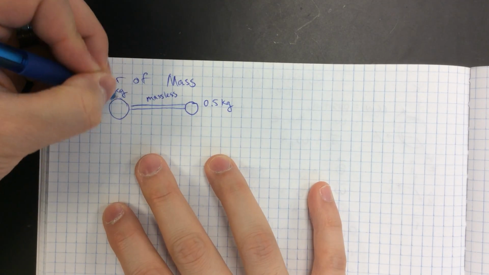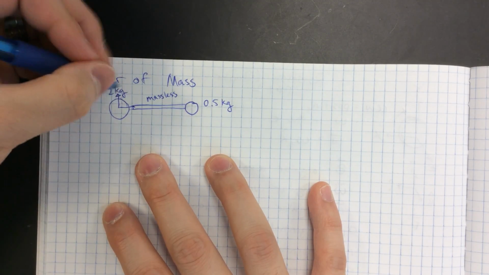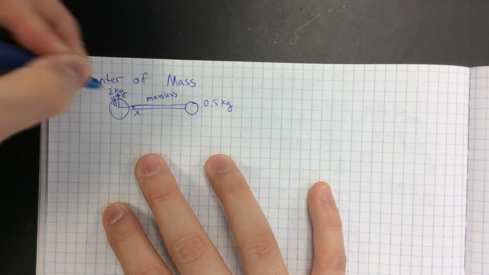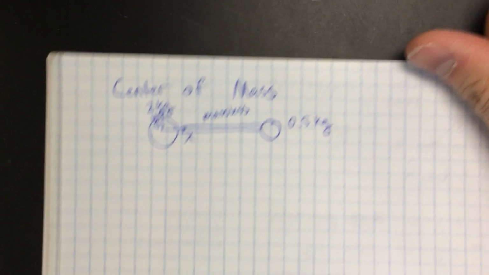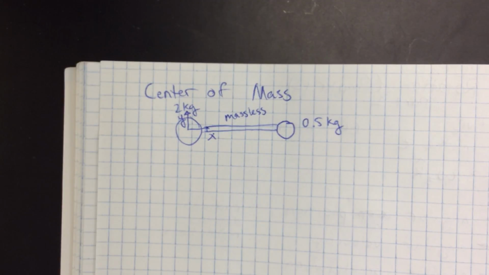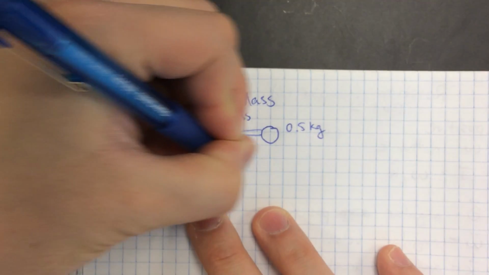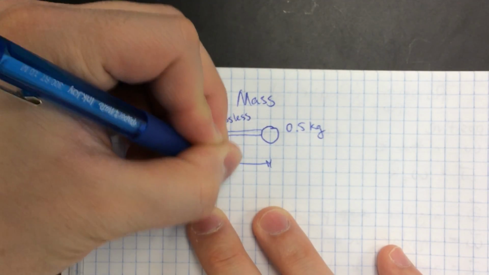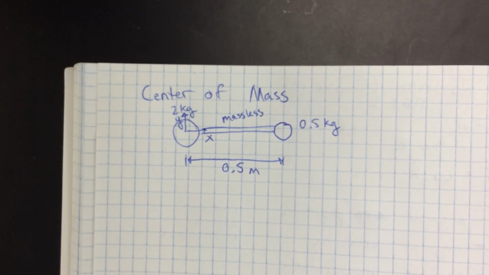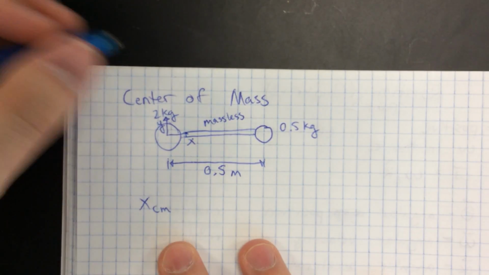So if we choose my coordinate system to start from here, okay, x and y. When you're doing center of mass, choosing where your coordinate system is a big part of it. Same thing with when we get to moment of inertia. Pick a convenient spot, something where you know information about. So if this is 50 centimeters or 0.5 meters in length,